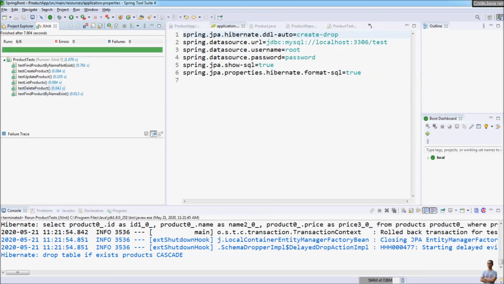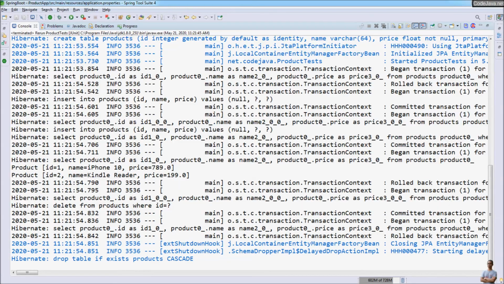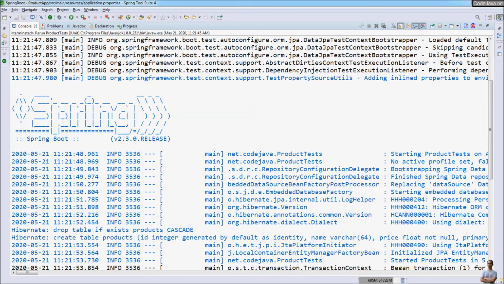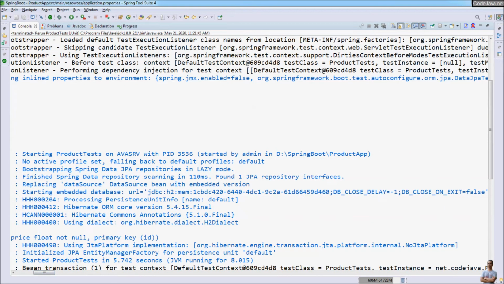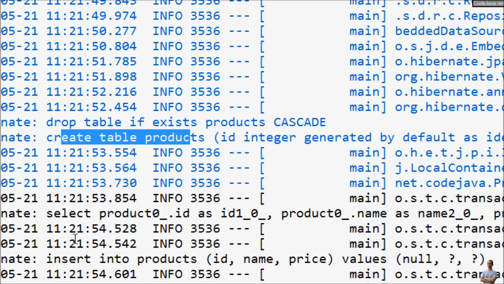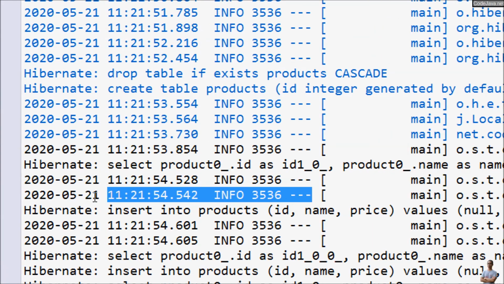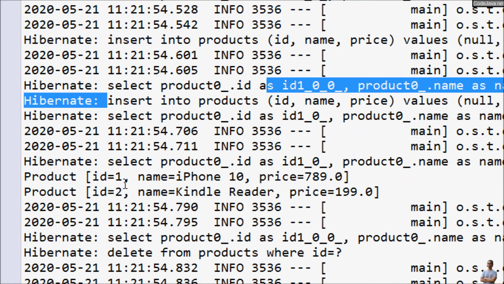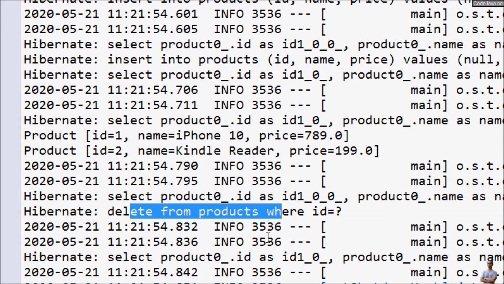You can see all the test methods have passed successfully, and you can see in the console view it is replacing the data source with an embedded version, which is an H2 in-memory database, and Hibernate prints the SQL statements: create table products, insert into products, select product, delete from product, and